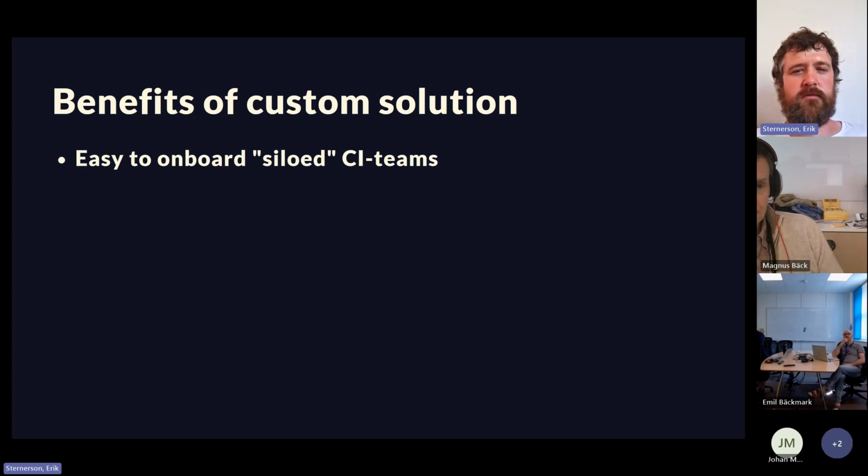easy to onboard siloed CI teams. I mentioned before that there hasn't really been a strong push in Volvo Cars to have everyone do CI the same way. So that meant that when they wanted to have various CI teams pushing data to the event bus and considering going to Drive or those event-triggered flows as well,